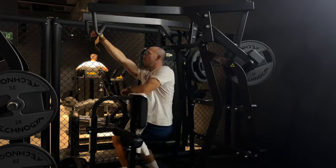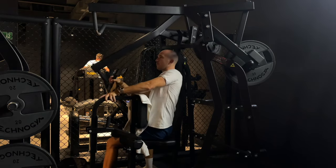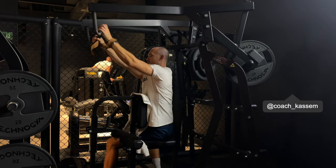I was gonna do a hammer strength chest press, but the ones they have here are pretty bad quality, where you have to go and get them really far back, so it's a big strain on the elbow, on the shoulder, sorry. First exercise is a lat pull around, of course popularized by coach Kasim Hansen, so big shout out